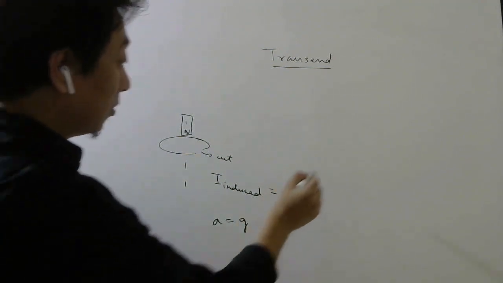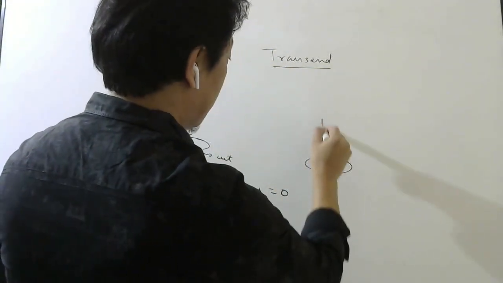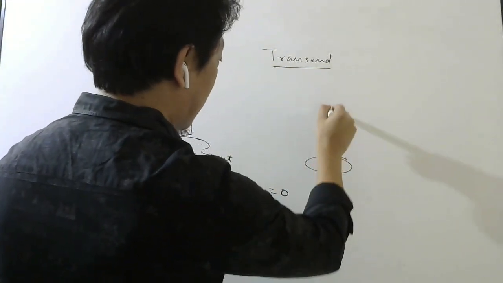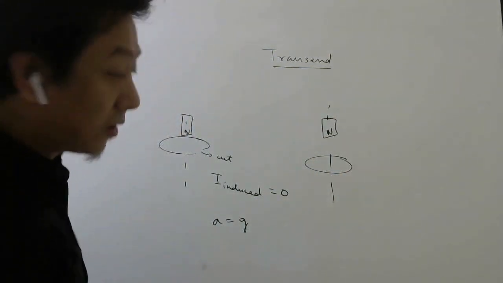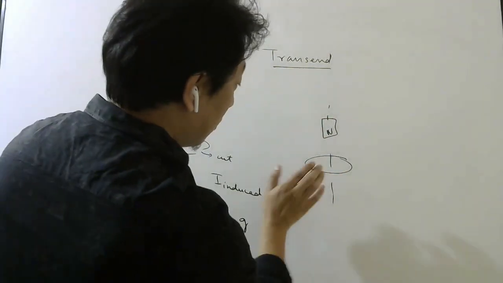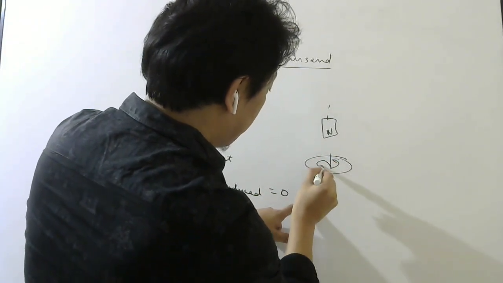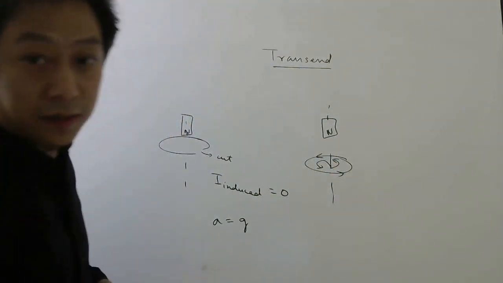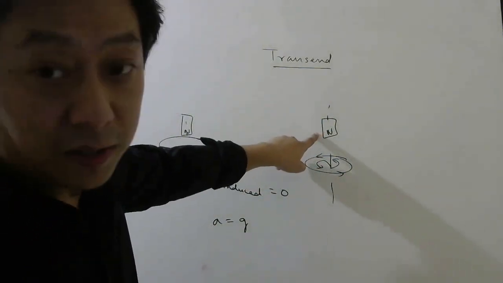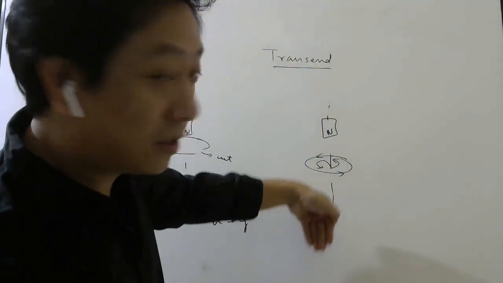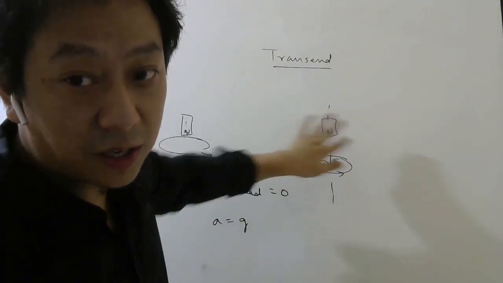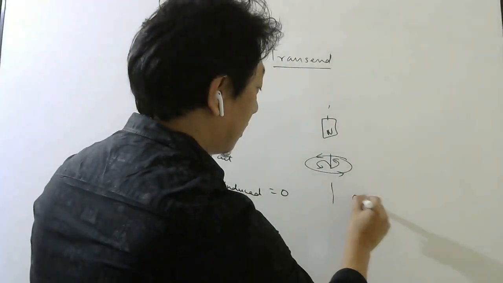If it was closed and this north pole of the magnet was falling like this, then the current here would flow in such a way that this face would act like north, so the current would flow this way. Understood? And this north would repel the magnet's north. So besides gravity, there would be this force due to the current, and therefore the acceleration would be less than g.